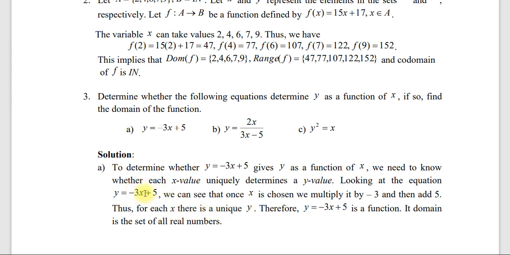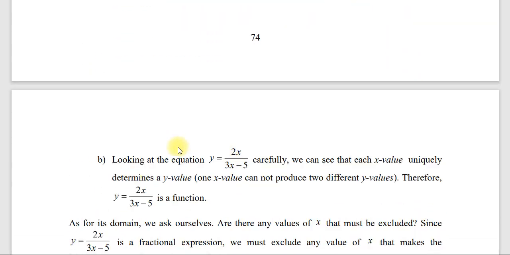እዚህ ላይ ማንኛውንም x ብንተካው ዩኒክ የሆነ ምን እናገኛለን? ዩኒክ የሆነ y እናገኛለን ማለት ነው። Therefore, y which equal to minus 3x plus 5 is a function. Its domain is the set of all real number ይሆናል ማለት ነው። ያ ማለት ማንኛውንም ቁጥር እዚህ ውስጥ ብናስገባ any real number x ላይ ብናስገባ ዩኒክ የሆነ yን ማግኘት እንችላለን ማለት ነው። so it is a function እንላለን። ፋንክሽን ነው ተብሎ በእርግጥ ከላይ ተሰጥቶናል። ዶሜኑ all real number ነው እንላለን ማለት ነው። b ላይ ደግሞ እንሂድ።